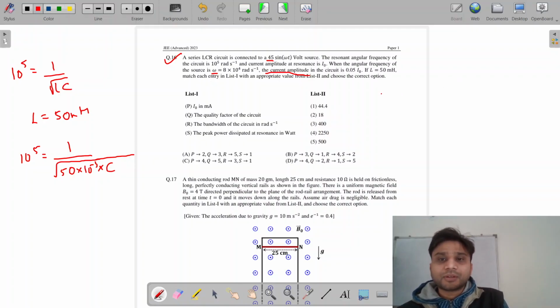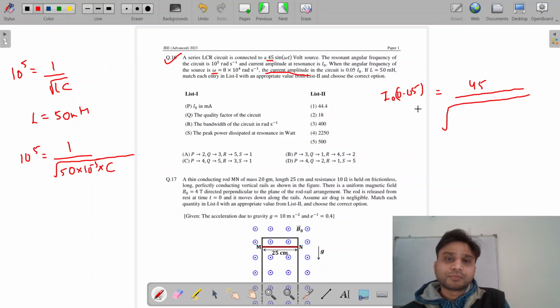So that means 0.05 I naught is equal to the voltage supplied by the circuit, that is 45, divided by the square root of the resistance, that is R square plus omega, that is 8 into 10 to the power 4 into 50 millihenry